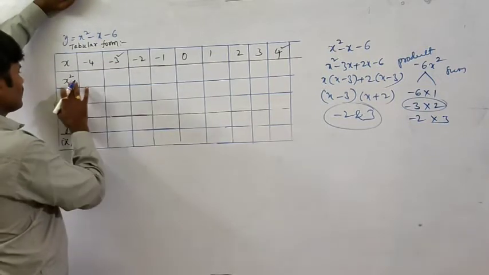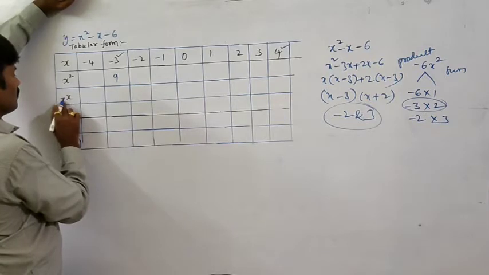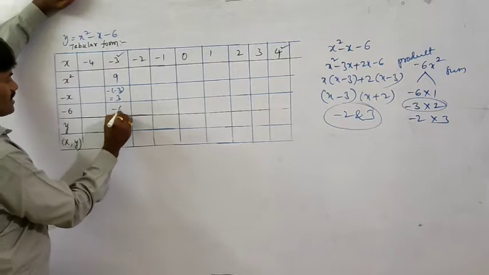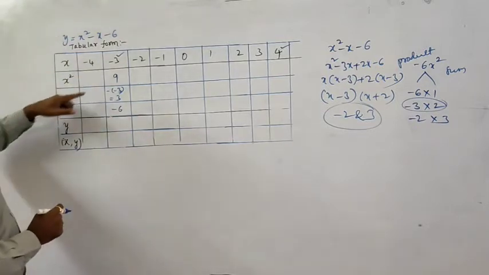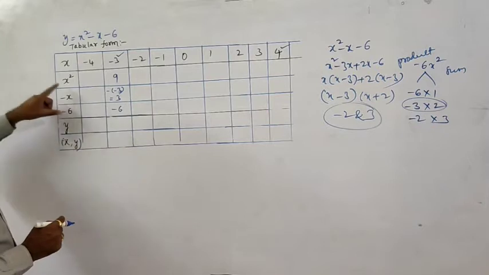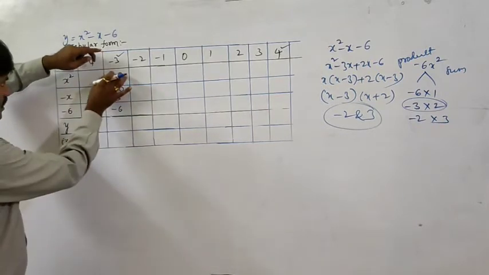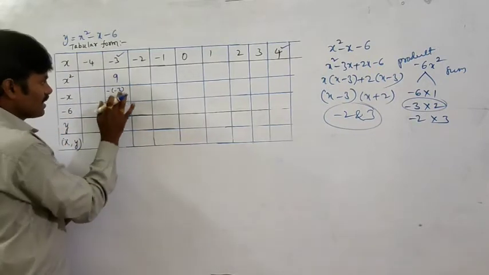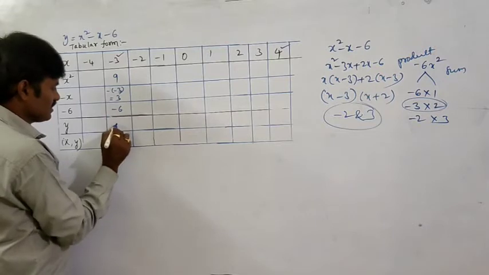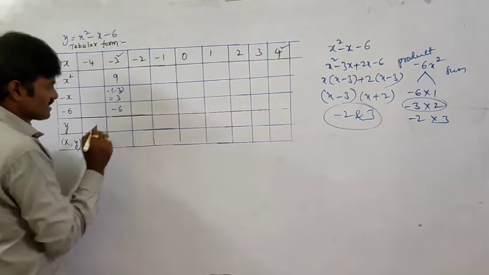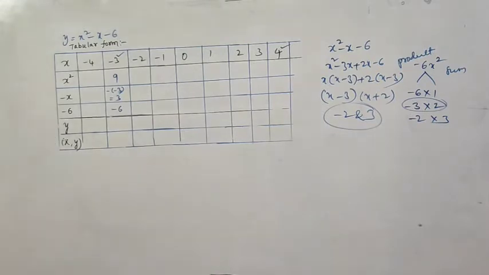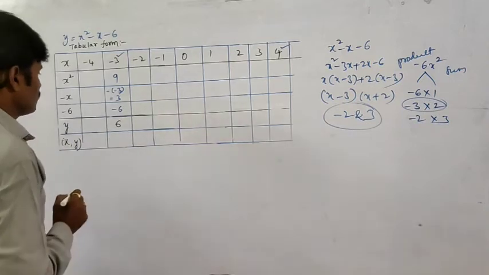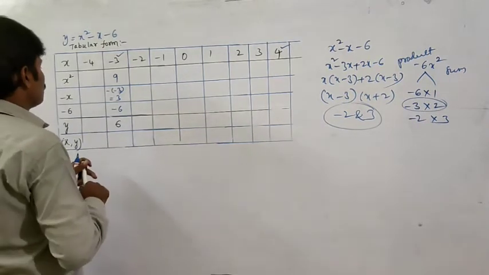Okay. Now minus 3. Minus 3 whole square is 9. Minus x, minus of minus 3, that is equal to plus 3. Minus 6 as usual. So what should I do? These three numbers I have to add. So I have taken black lines, which are below x and above y, you have to add. Don't forget the addition. So 9 plus 3, 12. 12 minus 6, 6. My y value is 6. What is the value of y? 6.